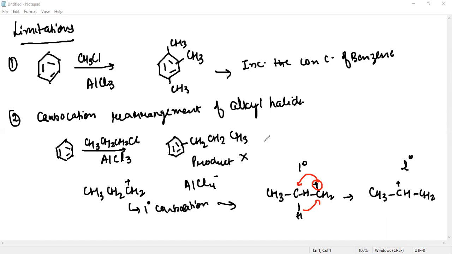So what should be the product here? That means this is your carbocation. There is a rearrangement happening here, and so it will lead to this product here. So this is what we call carbocation rearrangement. So CH3, CH, and your CH2 here. Does it make sense? I hope so. So this is your product, the one which you were not expecting. Okay. So this is another limitation of the Friedel-Crafts alkylation, and the last one, the third one is